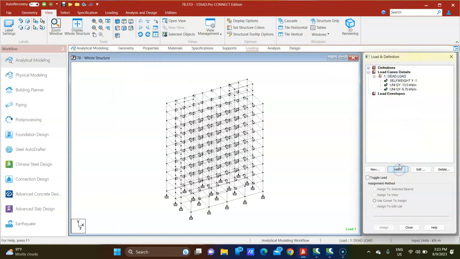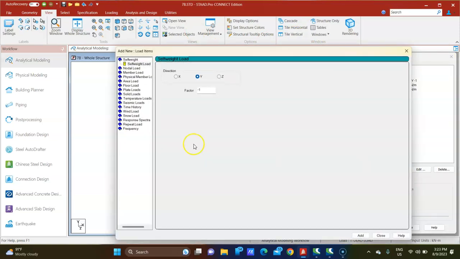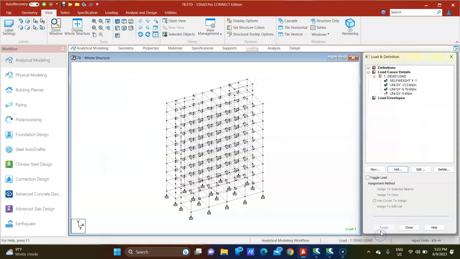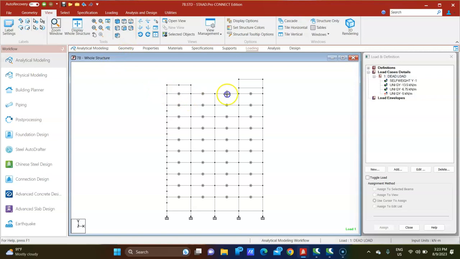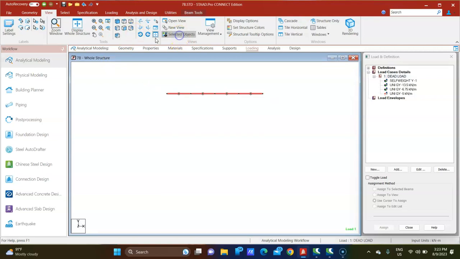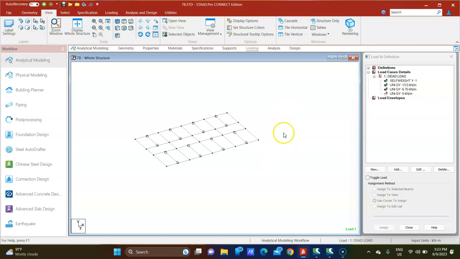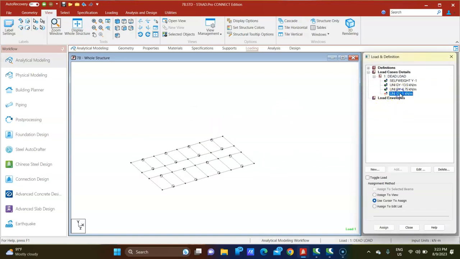Go to the add, click on member load, minus 5, add. So again go to the elevation, you cut only the top floor, right? And for the parapet wall, only the exterior wall will be there, right? So you first select the load and select the beam where that